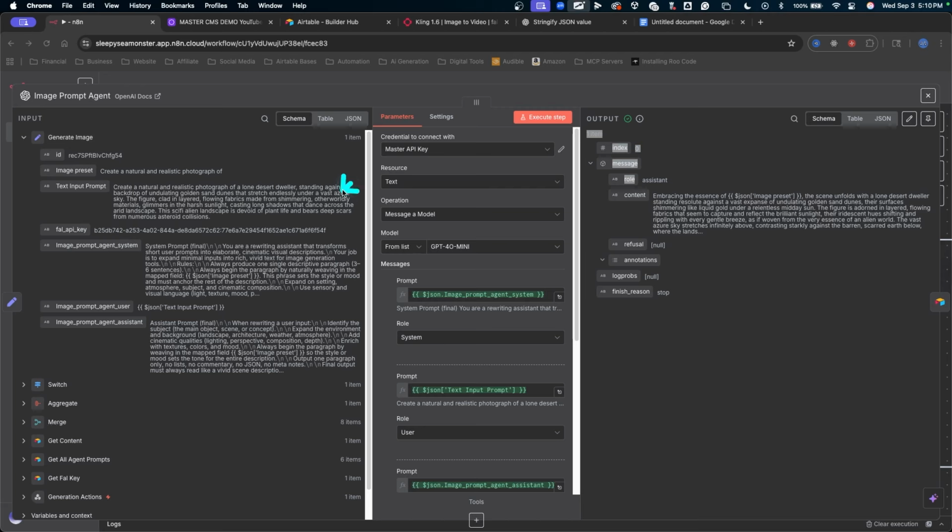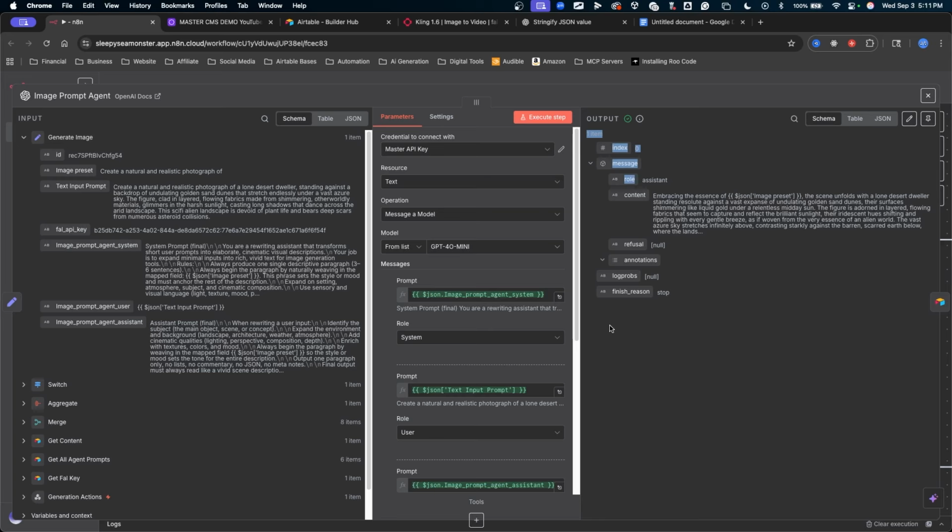What I would do is rewrite the prompt so that it's looking for the user input text here, and it's looking for the image preset mapping, whatever this is coming through. It's the image preset for the image generation, right? I would actually rewrite my prompts. I'm not going to do that now. That's something I'll leave up to you and your master prompt engineering skills, but just keep that in mind. We always want to test it going through. We always want to double check and, of course, fix all the mappings. Just as a rule of thumb,